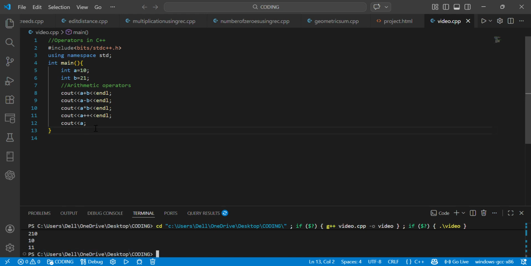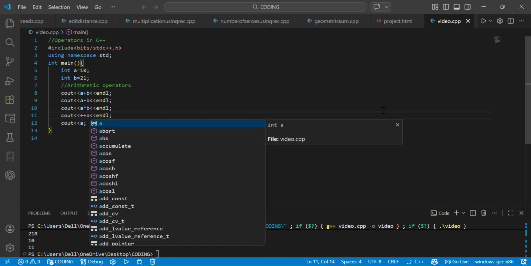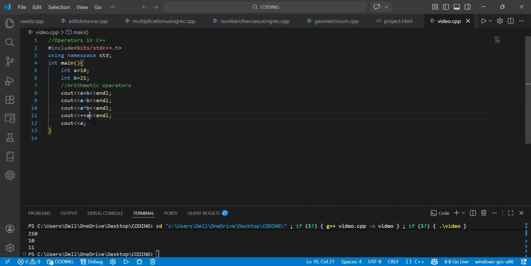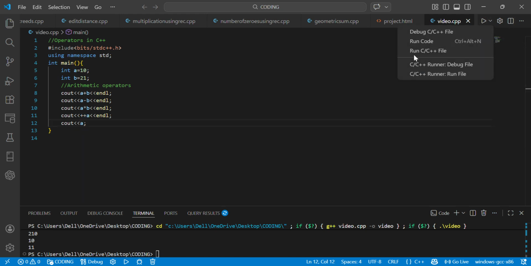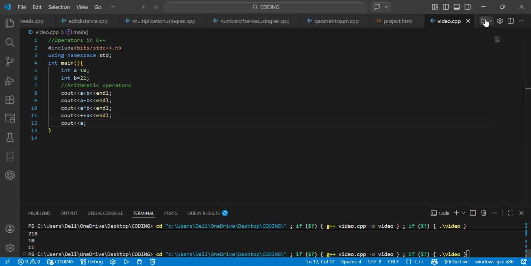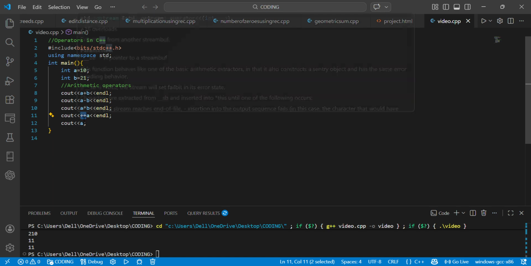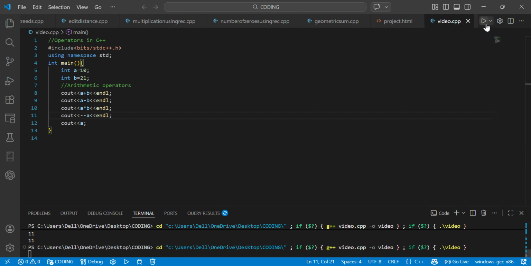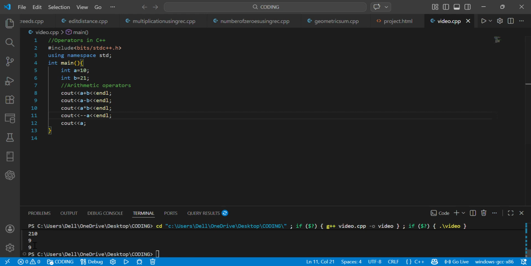But what if we want to increment a by 1 in this step only? Then we can use pre-increment, that is plus plus a. So it will output 11 here and 11 here also. The another is decrement operator, which is same as increment operator. In decrement we use minus minus and it will decrement a by 1, so the output should be 9. See,